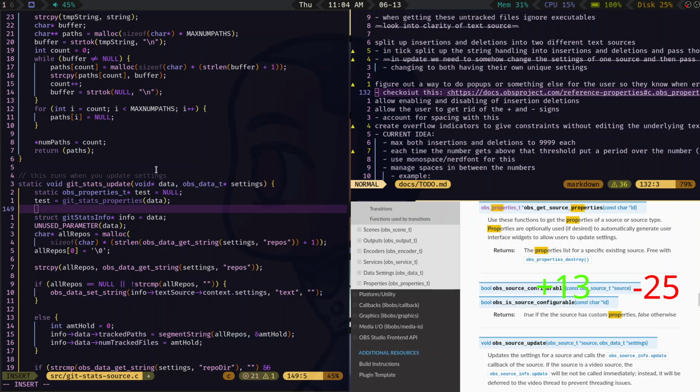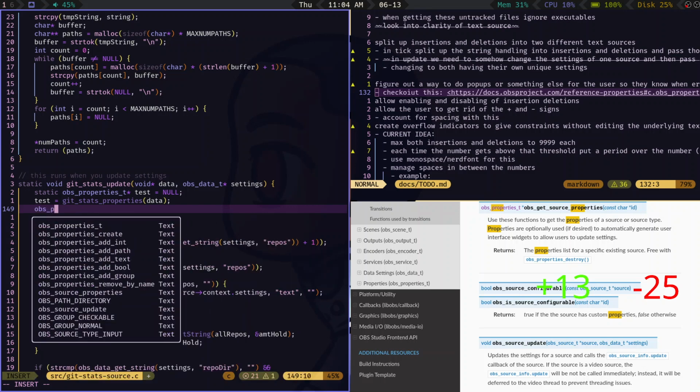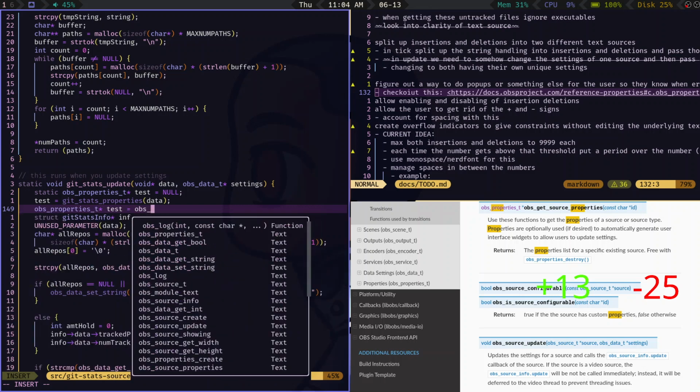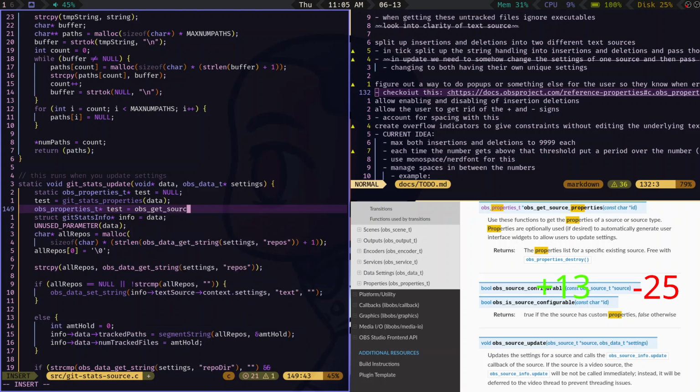Wait a minute. Of a source or source type properties are... Oh shoot. Could I have just used that? OBS properties underscore T pointer to OBS. Or no. Test equals OBS get source properties. And then we just pass in